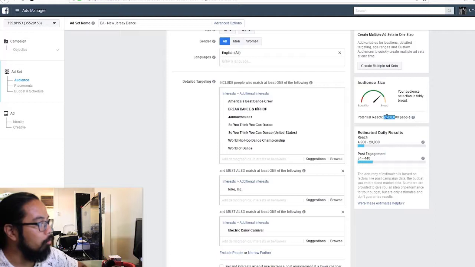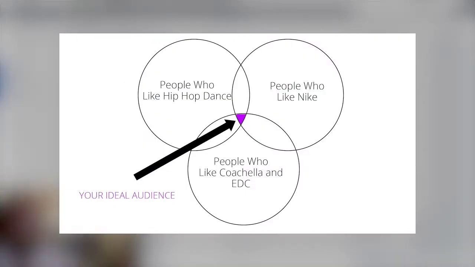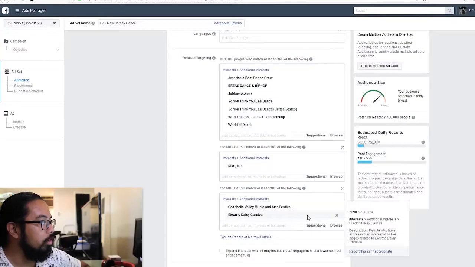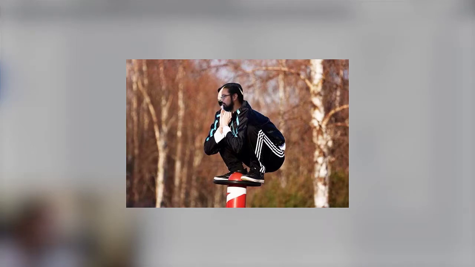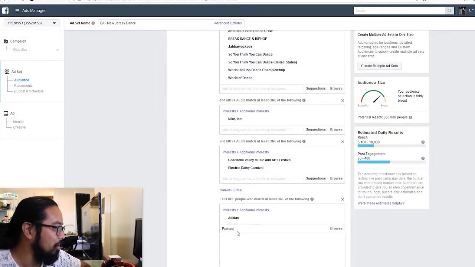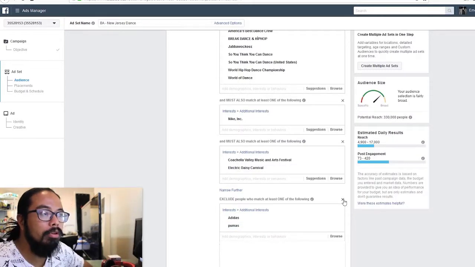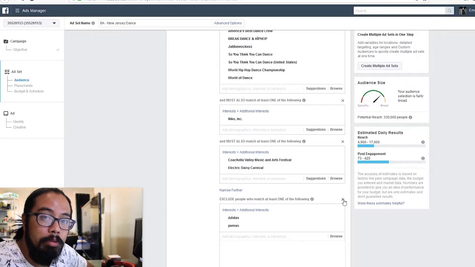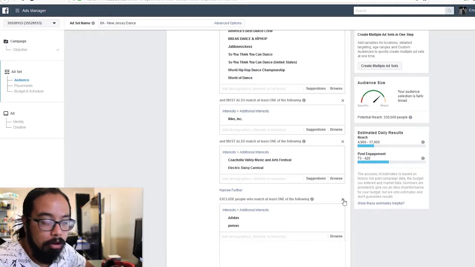You can even narrow it down further, to people who also like, I don't know, festivals. Now it's getting more and more specific. You don't have to go this crazy. You can just keep them to this first section. I'm just showing you guys that you can narrow it down to specific people who like specific things, or you can even exclude people. Like, oh man, I don't want to show these to people who like Adidas. I love Adidas. Or Pumas. So you can exclude them to again get a much more specific audience. And again, the more you know about your target audience, the better you can create your ad. You want your ads to really appeal to the people who matter most to your company. Ultimately, the people that you want to show this to are the people you want to eventually become customers.